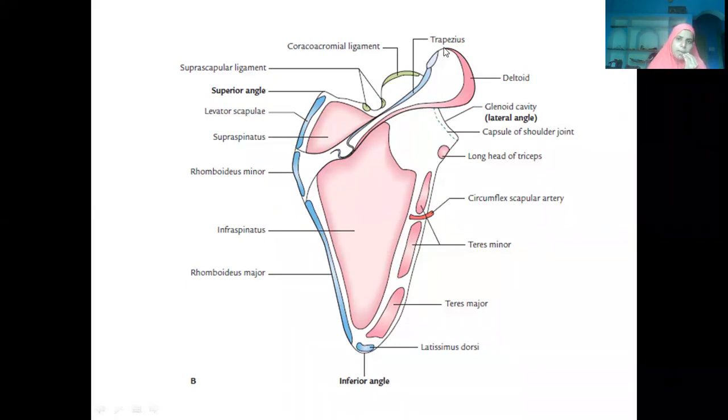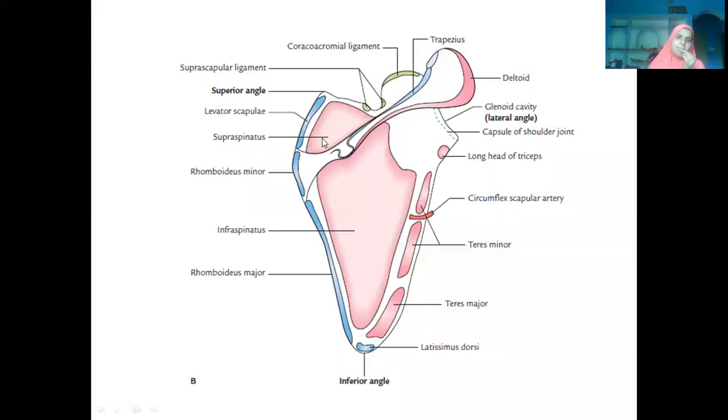Now coming to the upper lip, there is a muscle which is trapezium shaped. I told you one of its insertion points was on the clavicle also: the lateral one third, posterior border. Trapezius is not only inserted in the clavicle. If you cut the trapezius when you did dissection of the back, try to recollect, it was a trapezium-shaped muscle. Its origin comes from the external occipital protuberance and the spines of the cervical and thoracic vertebrae. Insertion goes towards the clavicle and the upper lip of the spine of the scapula.